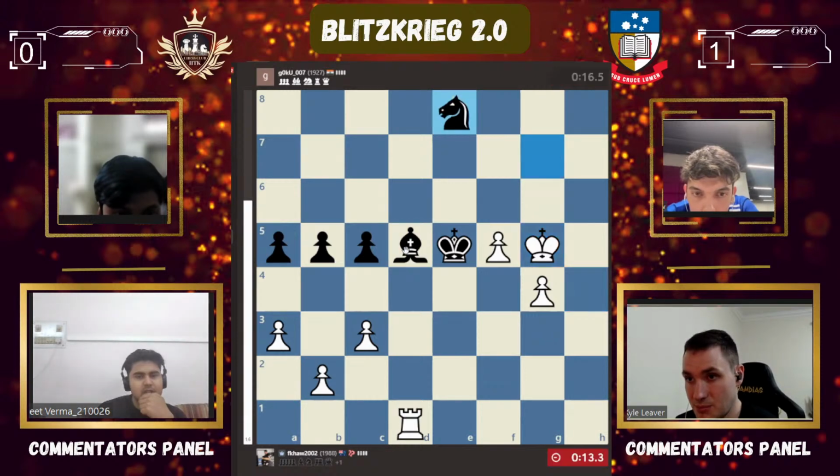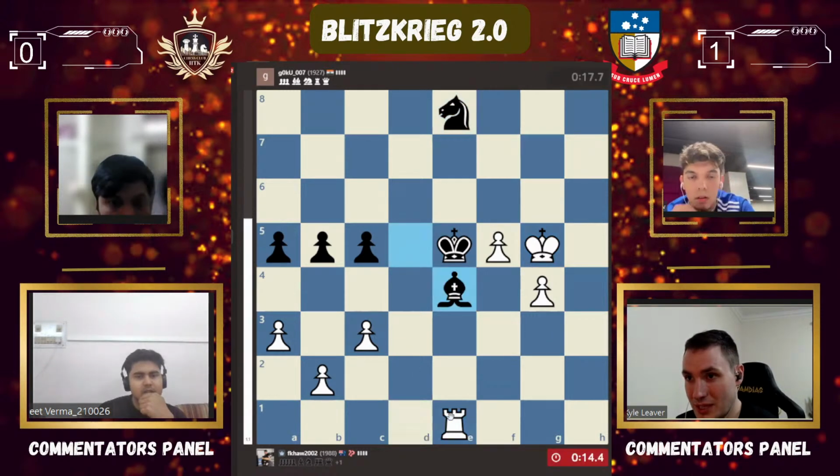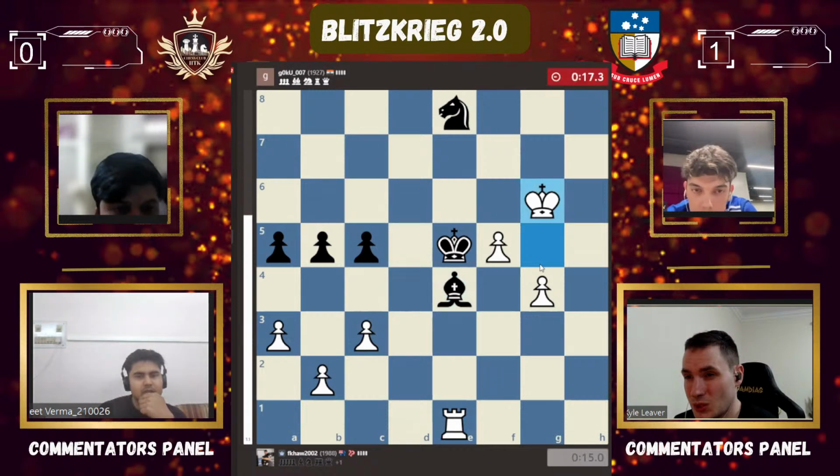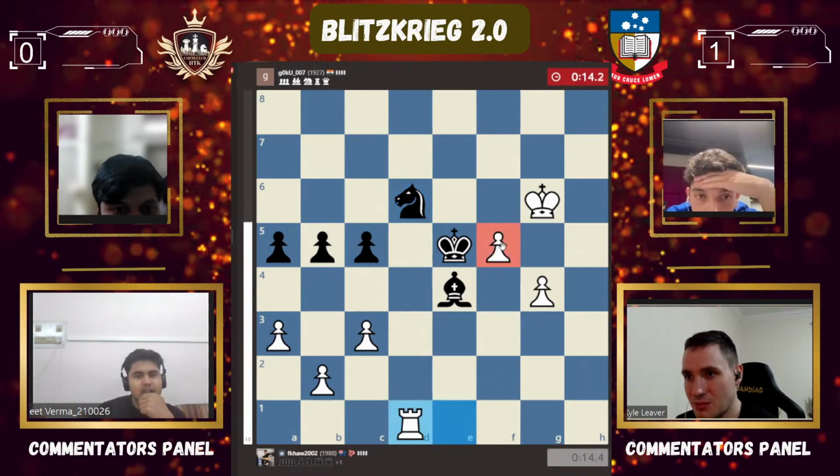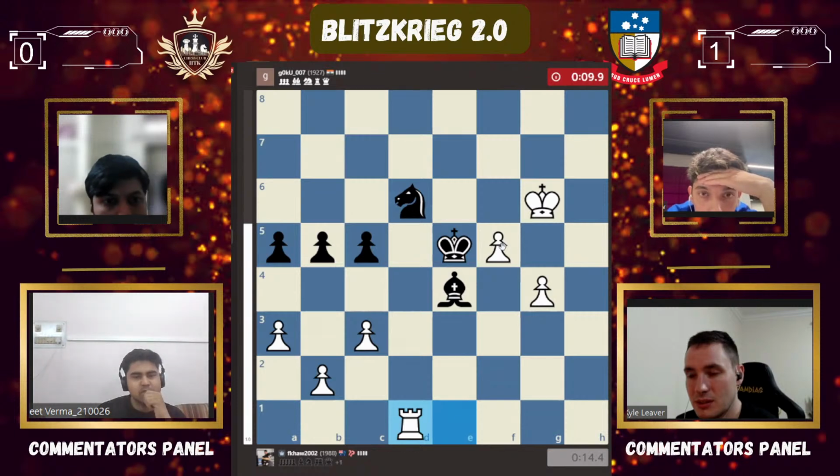King's still tied down to his bishop for the moment. We can check away. Oh, it's barely holding on. Yeah. Okay, this is an interesting setup for black though, because there's some pressure on this pawn. It's hard maybe to advance. You can give up the knight for 2 pawns. I think that is the